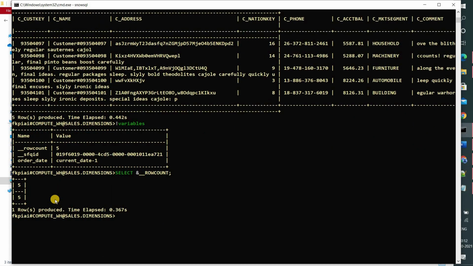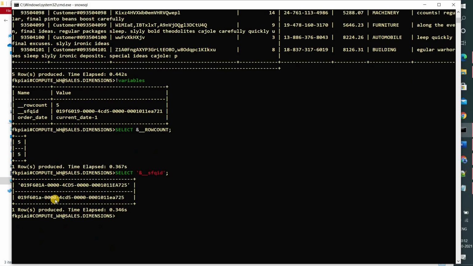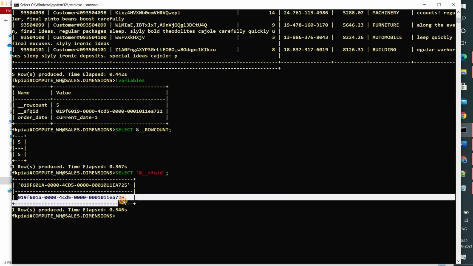Okay, it will display the result. And if you want to see the query ID of your last statement, you can say underscore sfqid. Since our query ID is varchar, enclose it in single quotations and you will see the query ID.